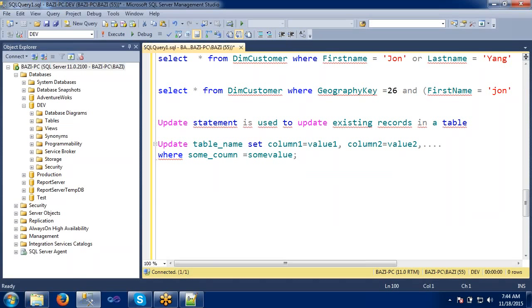This is the syntax of the update. So let's check and try to implement one example here.